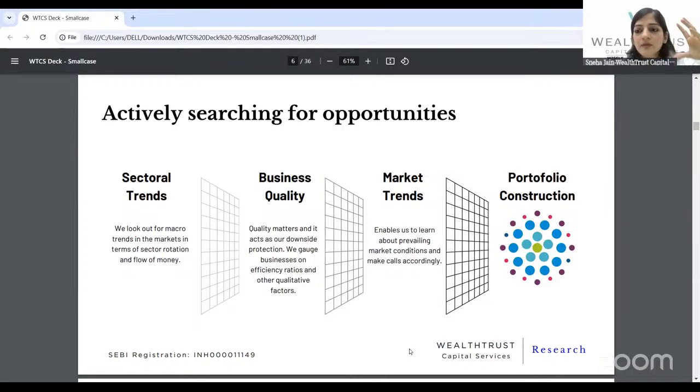So once we've done the top down approach, our approach becomes more bottom up, where we look at the quality of the business that we are investing in. A business quality takes more importance than going for stocks which may do well in a particular time of the market. We are very, very focused on fundamentals of the stock. So any stock that we take in our portfolio has backing of research within our analyst team, where we have a very, very